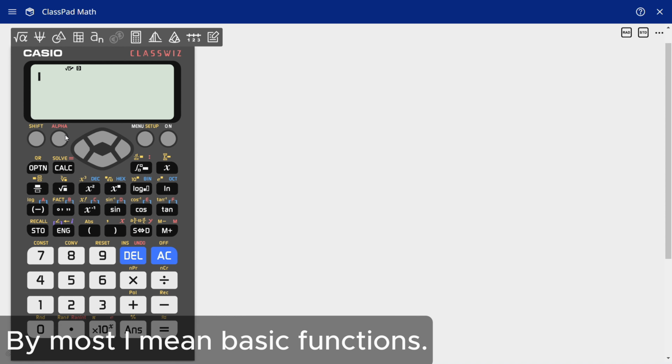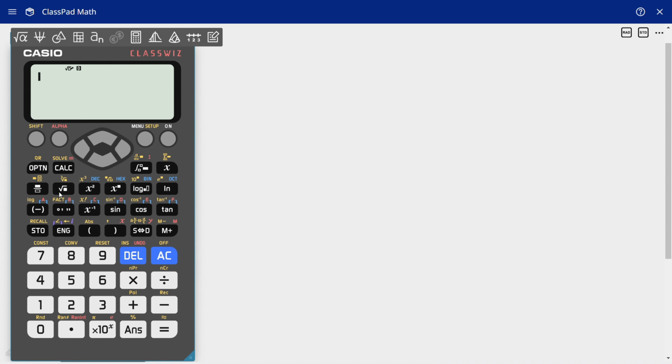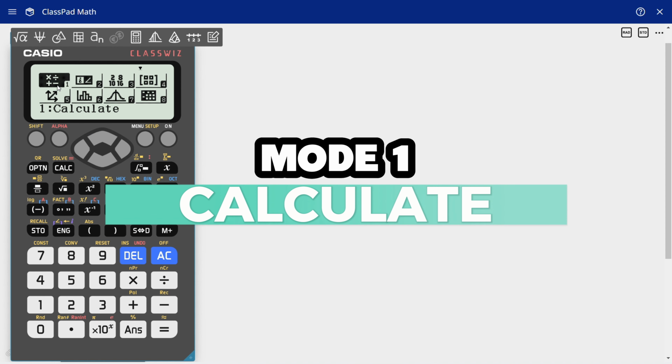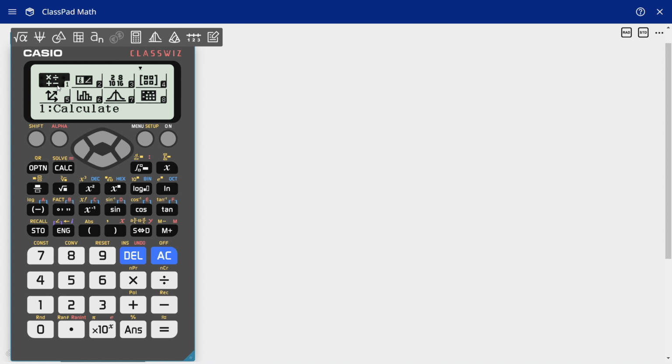I will be assuming that you know most of the calculator and how it works. I will go over most of the different modes, just like last time. So I might skip a few because they're not so useful, but I will be going over all the different modes in the calculator. So the very first mode is the calculate mode, and the calculate mode is again,